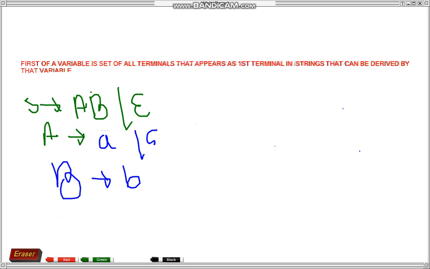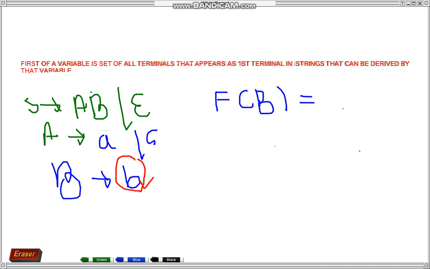So first of all we will find first of B, because that is already given, so we can easily calculate it. What would be first of B? Because B is deriving only a single string, and in this string b itself is the first terminal, so write down b.